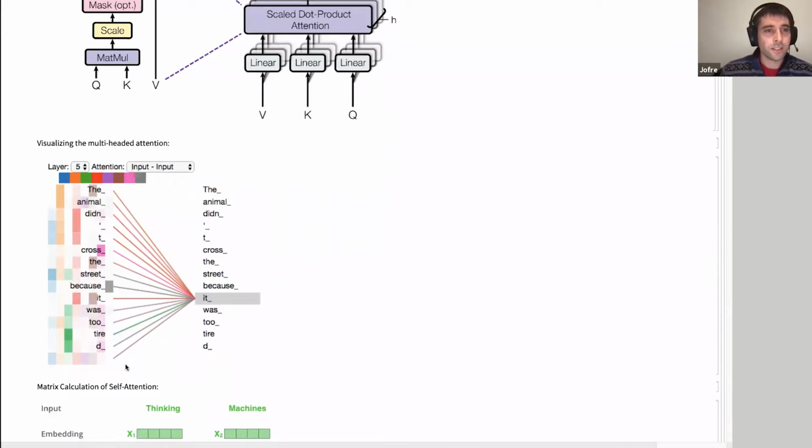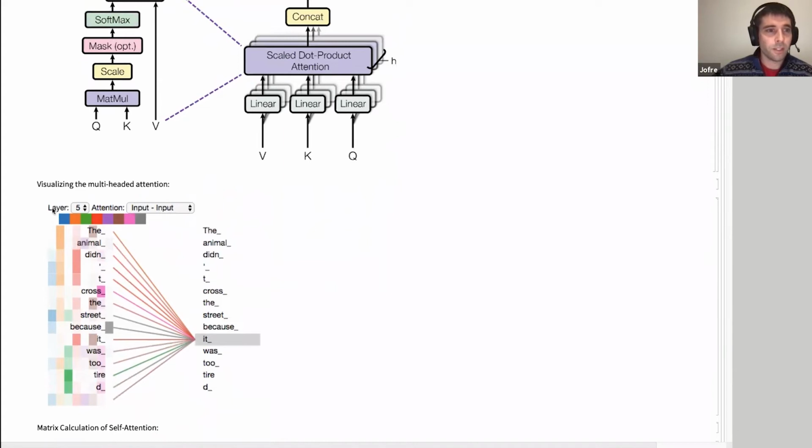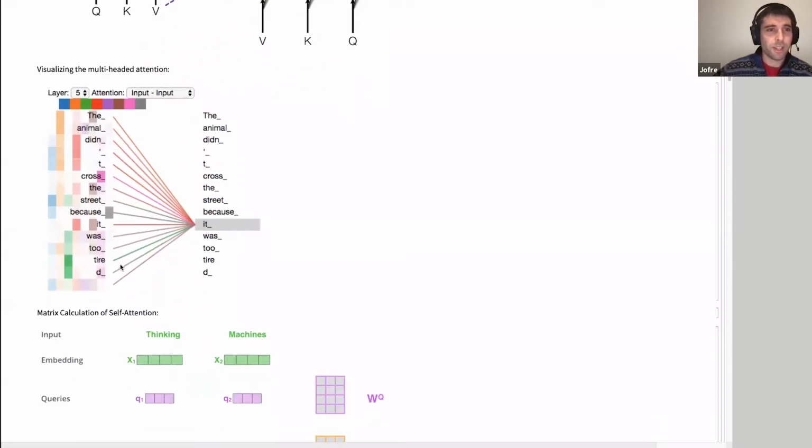It is multi-headed because there are several heads that focus on different features of the sentence. We can see here the head labeled in orange is from the word "eat." It's focusing on the animal, and it's a bit complex here to see all the different heads. But the idea behind is that